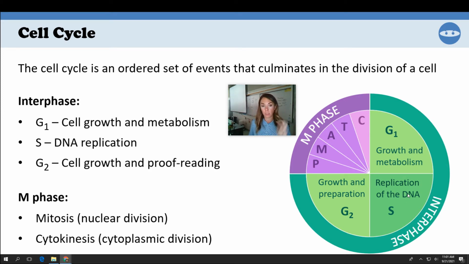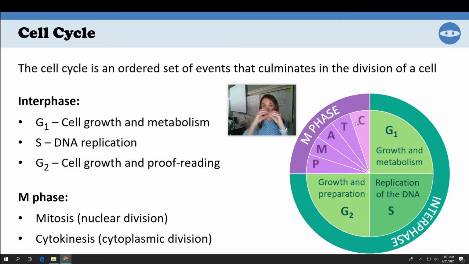Okay, so now I've got 2 sets of DNA. And then I'm going to keep preparing and proofreading, making sure all the DNA I made is correct, because if anything goes wrong here, it's not going to divide. If it goes back and finds you didn't copy that right, the cell's not going to divide. So these are kind of checkpoints too, we'll talk about. And that all prepares us for M phase, which is the mitosis phase. So I've got interphase getting ready, and then the mitosis phase, which we'll talk about in the next one. Okay, cytokinesis is where it actually splits in 2.